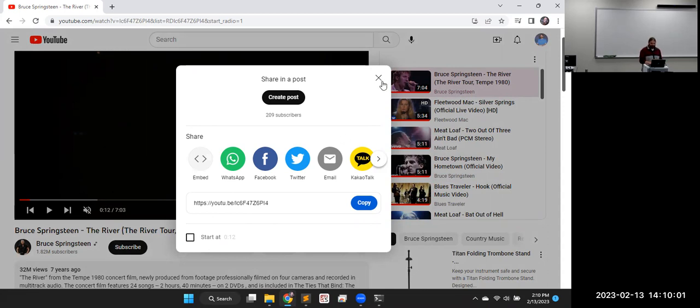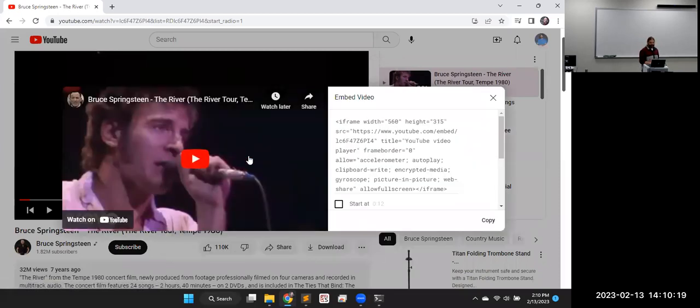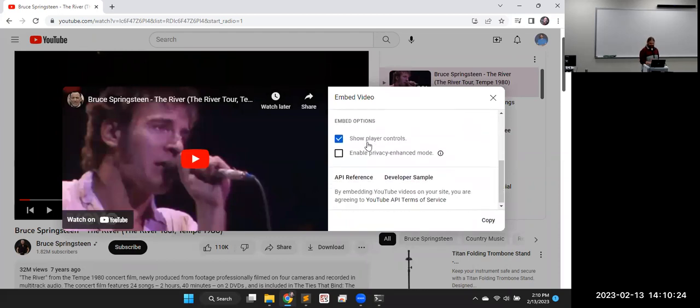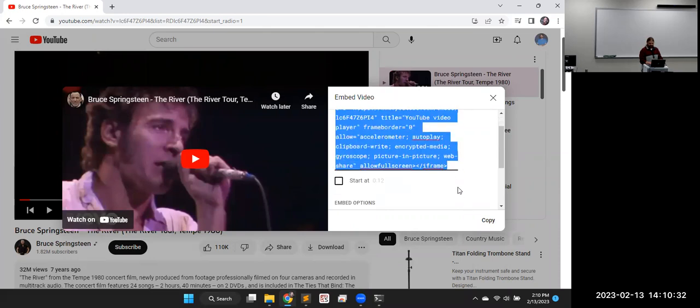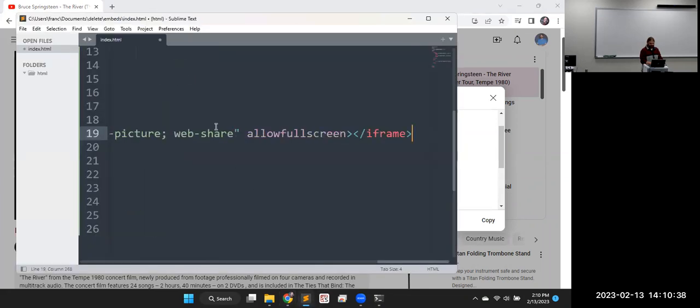But if we go to the share button, there's something a little bit more useful. The one over here on the right, embed, and that kind of looks like a symbol we've been typing a whole lot of this semester, right? They give us the icon that looks roughly like the HTML tags. If we click that, we get some HTML code. You can start at different places, choose to turn off the controls. You can look through some of those, but just copy and paste this code. Copy. And when we put that in our page,